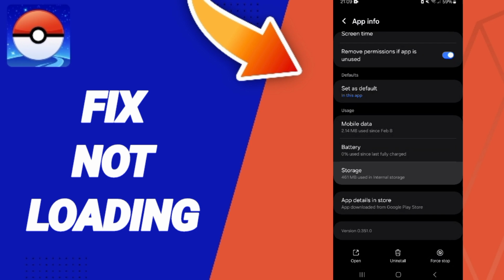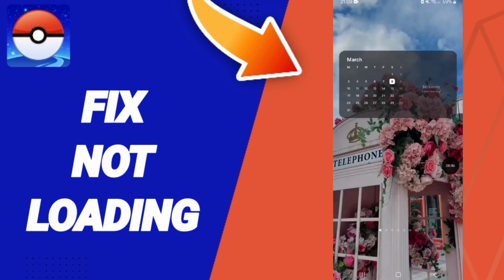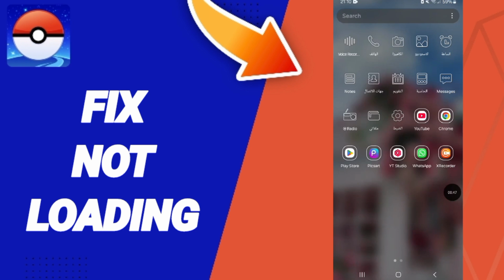Here you will enter the storage window. Then we click on clear cache. In the end you will turn off your phone and wait a moment to restart your phone again to fix that problem. So please don't forget